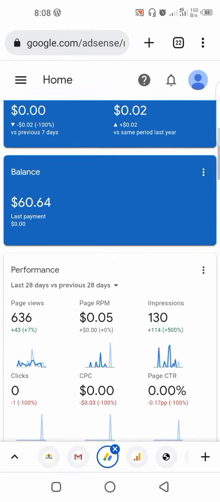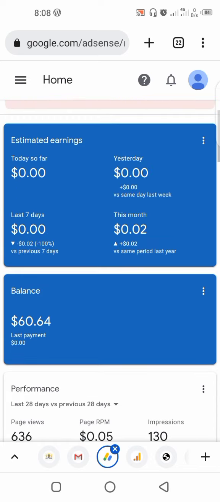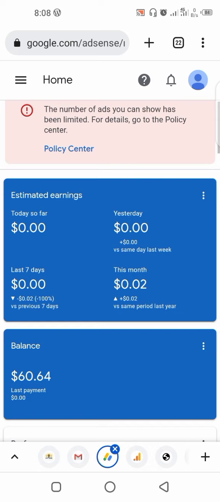This account, you can see that in the last 28 days there were impressions and page views on it. The method I've been using to load this account is Facebook traffic, and that is one of the reasons Facebook and Google don't like social media traffic. But I will tell you a reason, because some of the traffic